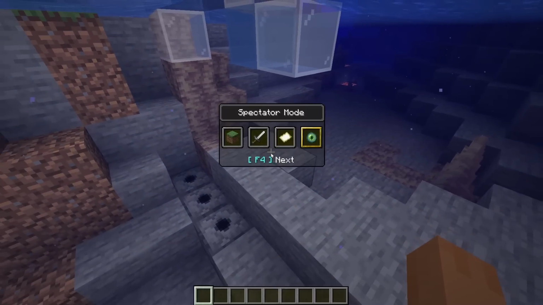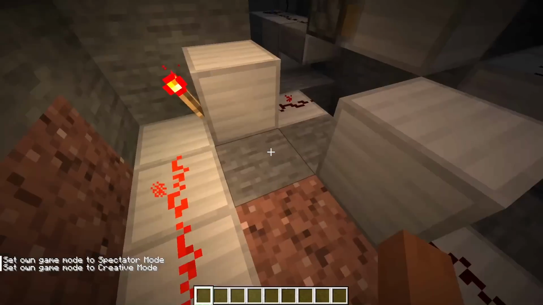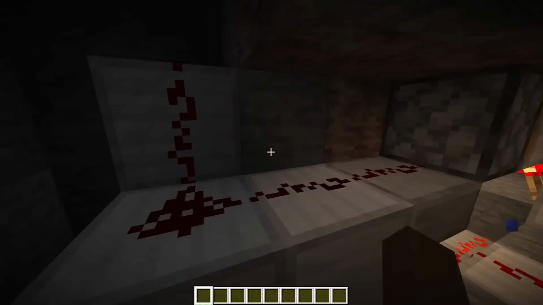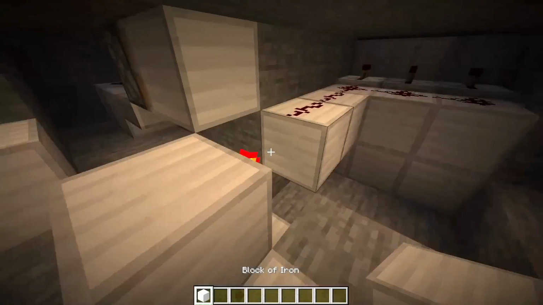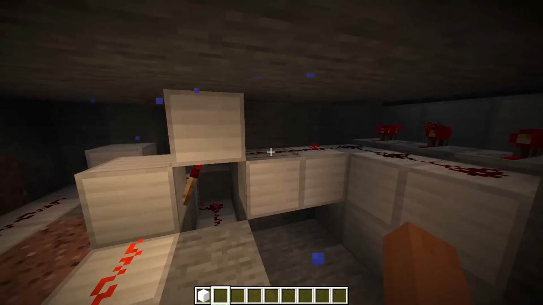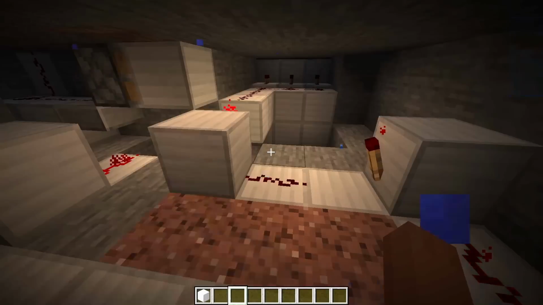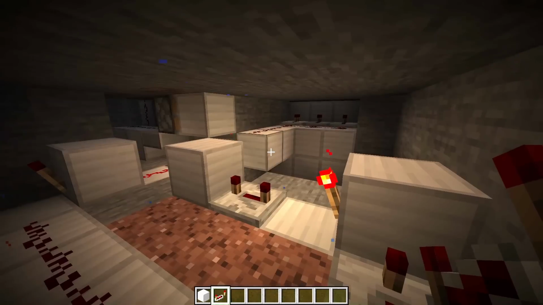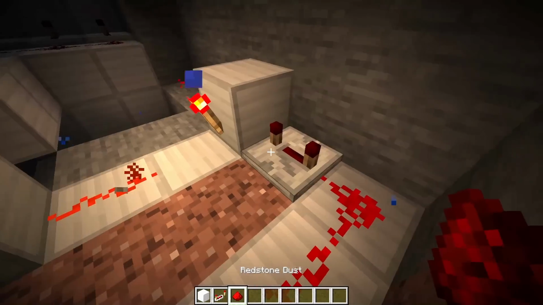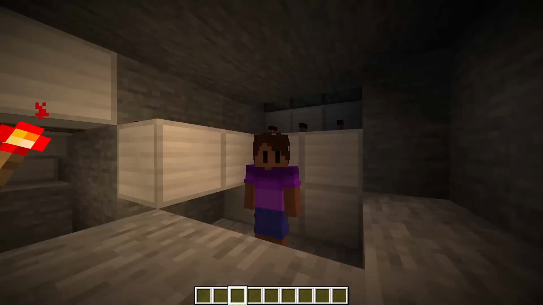Which, on the topic of things you could do in survival, this uses redstone. I just have this redstone clock here. And so that minecart earlier that I used as a lever activates this line of redstone, which just pushes this piston over this redstone torch, which then activates this redstone line, which activates our dispensers here. If you wanted, repeaters are particularly good because they will slow this down, which, you know, it looks better to be firing super quickly, but maybe you won't be able to afford that,